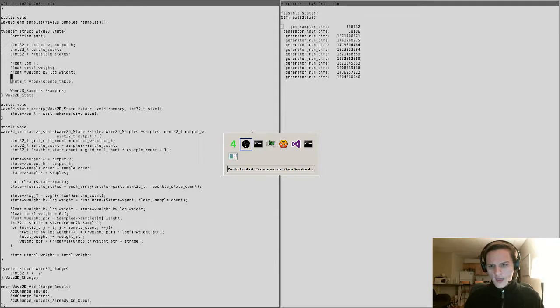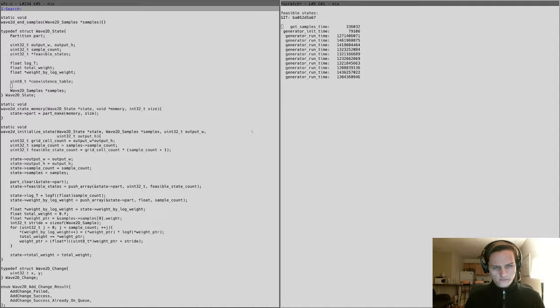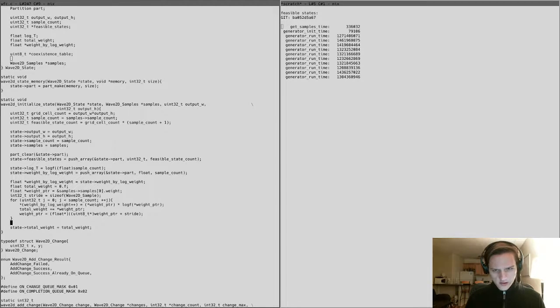Perfect. And what we'll do is, when we initialize the state there, we're going to fill the coexistence table. So the coexistence table,